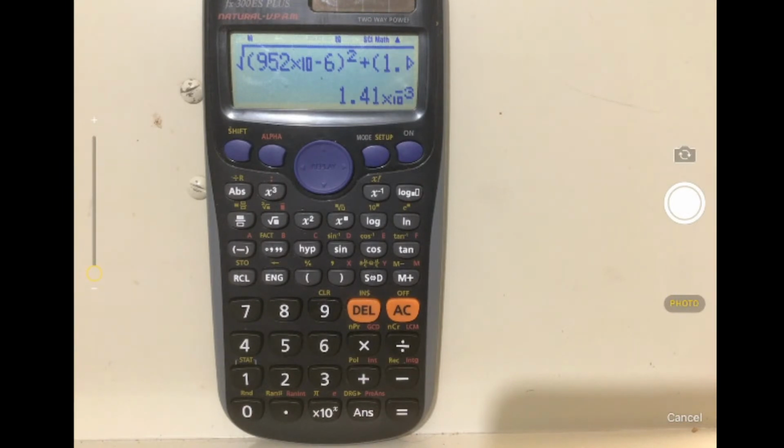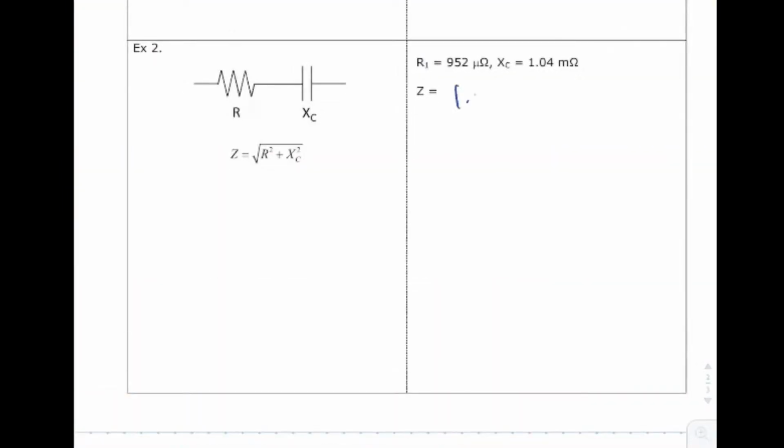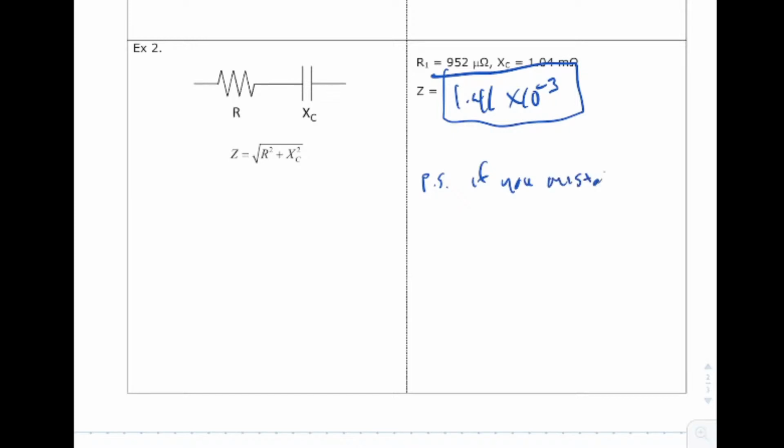We just go right back here and say 1.41 times 10 to the minus 3. And then let me put a note here. Sometimes people, when they're working homework, get in a groove and they just always hit the ENG button, right? If you mistakenly hit the ENG button,